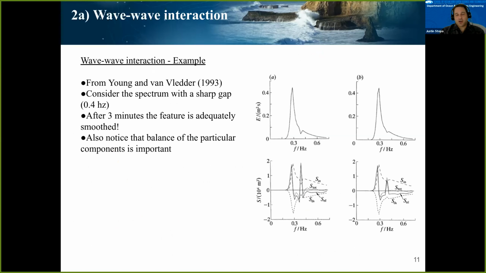So next, I'd like to just describe how this term works. This was from a paper from Young and Van Vledder in 1993. And this is a one-dimensional model, so we have just one space dimension. It's really just to understand the theory, and it has the full nonlinear term modeled in this. And we input this spectrum here. So we just make a sharp spike in the spectrum at 0.4 hertz. And then over time, this is only 3 minutes later, and you can see that this discrete spike that we